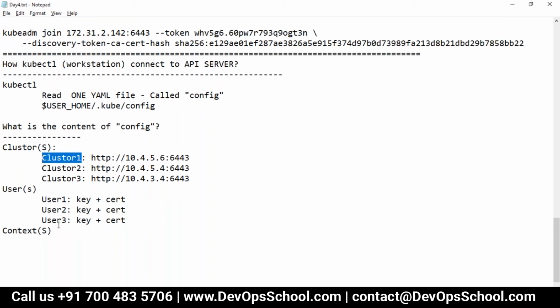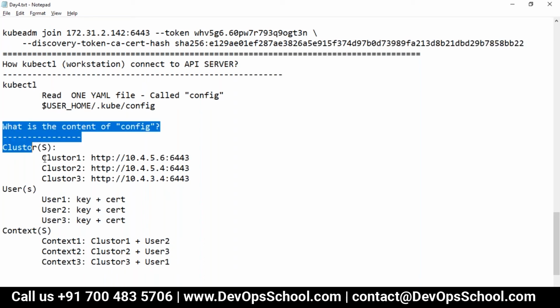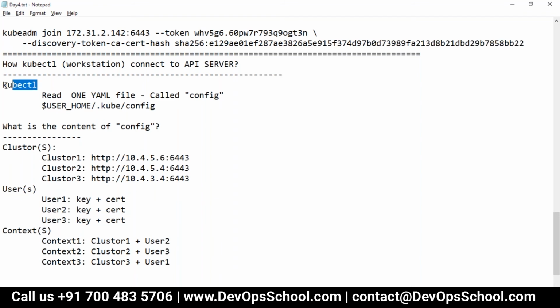In the context you have context 1, context 2, context 3. And in the context, what mapping will you have? Let's say cluster 1 has user 2, cluster 2 has user 3, and cluster 3 has user 1.